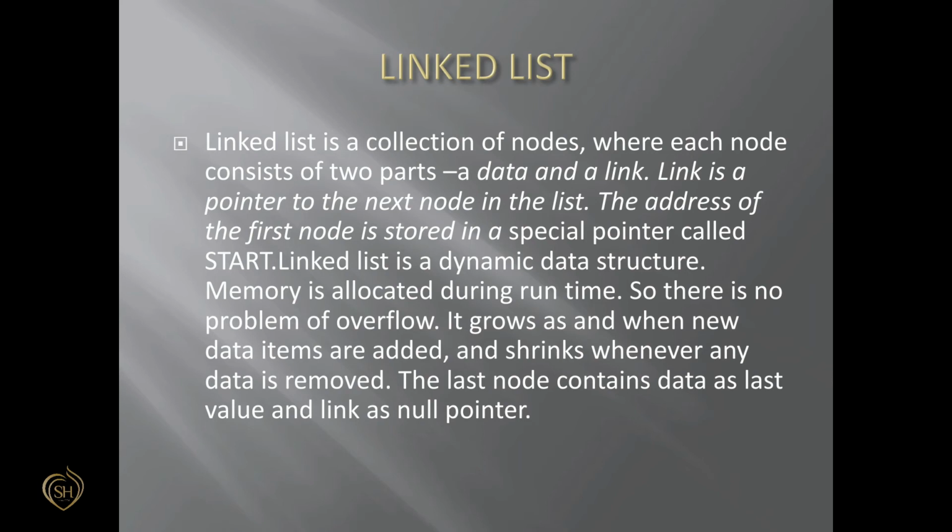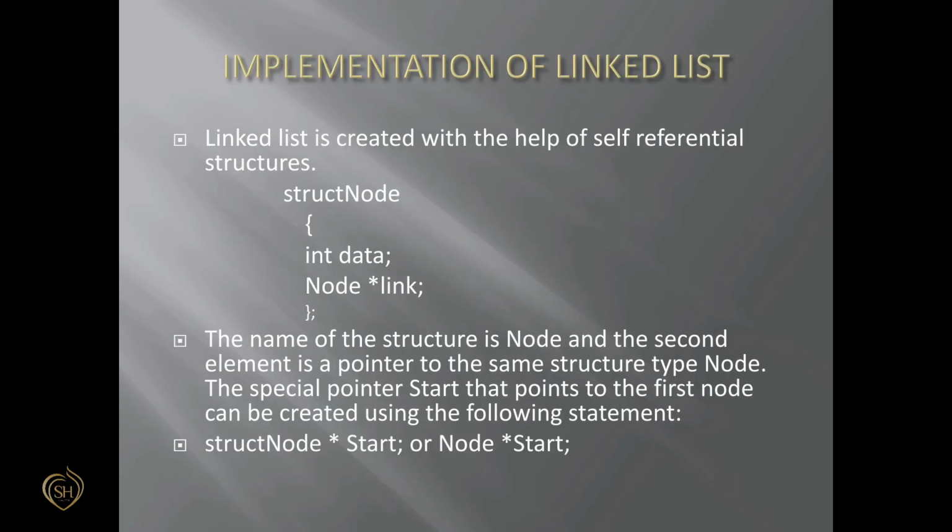Where data value we are adding the values of data, and a link value, which is a pointer. Link is a pointer which points to the next node of the same list. Then how are we implementing this? A linked list is implemented using self-referential structures. We know what self-referential structures are; we learned that in the first chapter.